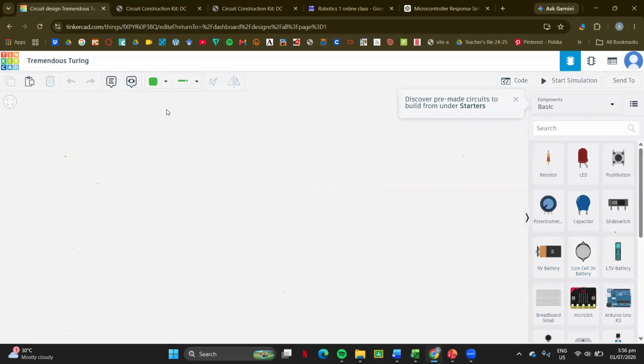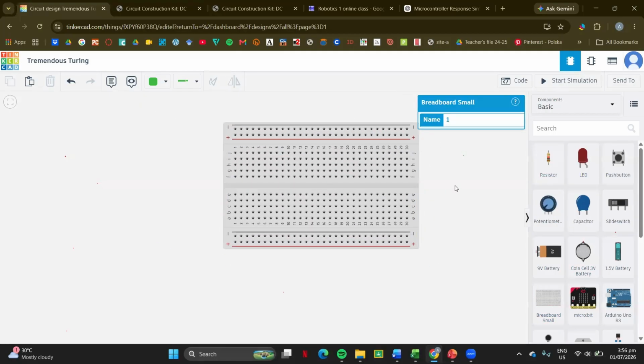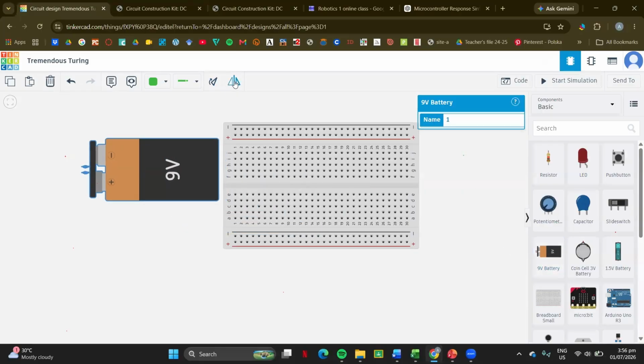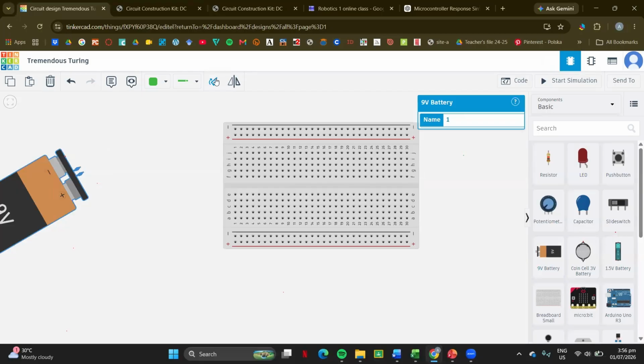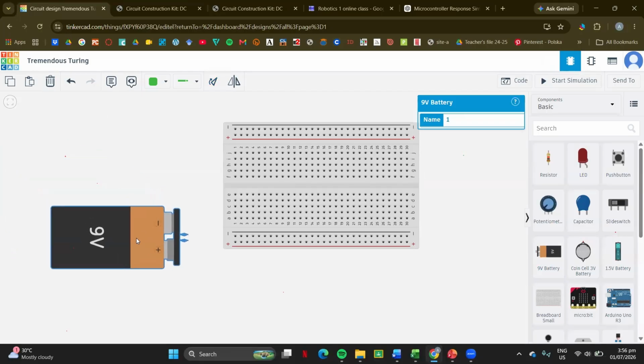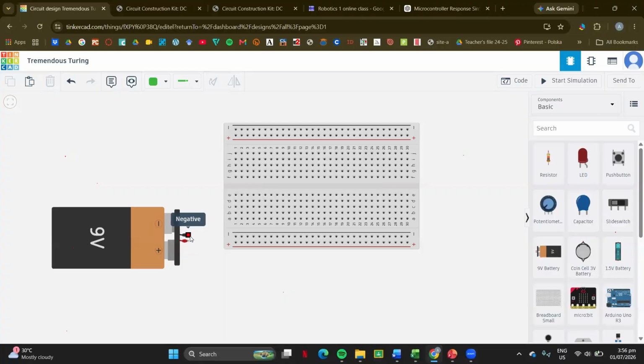Okay, so what's good about here is you can pull out your components on this area on the right. So I'll have a small breadboard here. And then I'd also like a battery for my power source. I'm gonna flip it around so it's facing there. Okay, so the first thing I'll do is connect, and I will be consistent with my color coding. Right now I have some power here, at least here in the power rails of my breadboard. And then I'll put my LEDs.